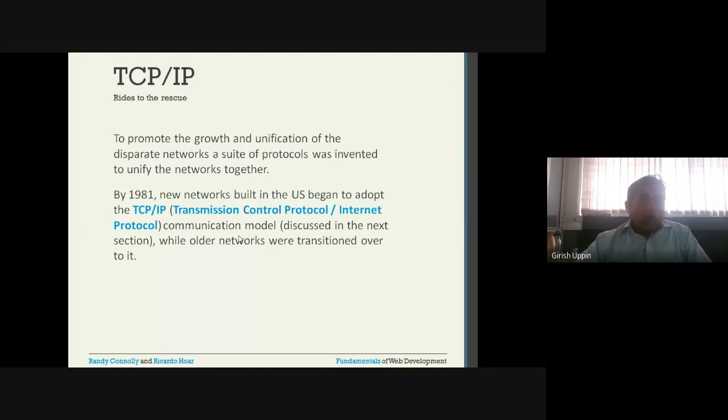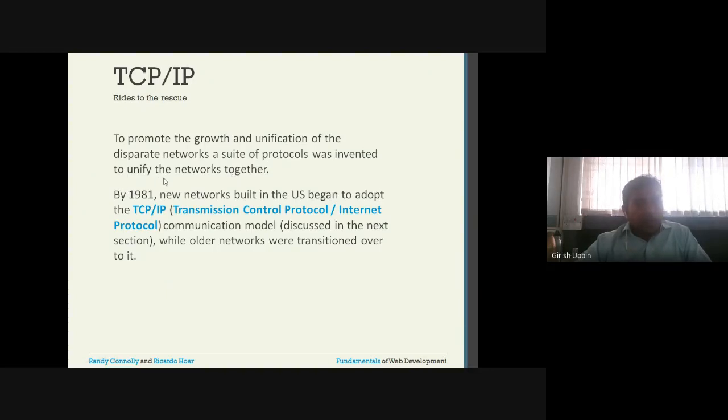Now, as ARPANET was growing, they wanted a certain protocol, because they wanted to establish standards which could be used to further improve the internet. To promote that, they started with TCP/IP. To promote the growth and unification of the disparate networks, a suite of protocols was invented to unify the networks together.